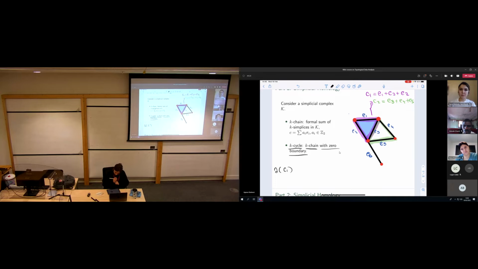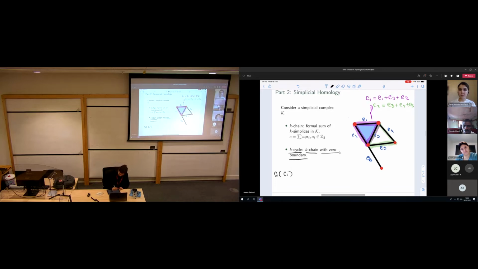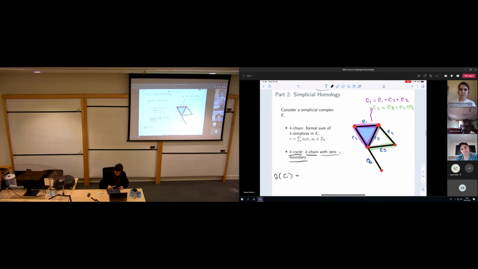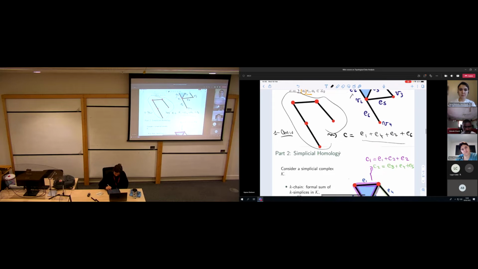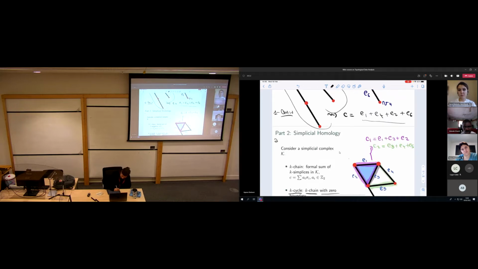I forgot to tell you, we defined the boundary of a simplex. From this definition, we can define the boundary of a chain: